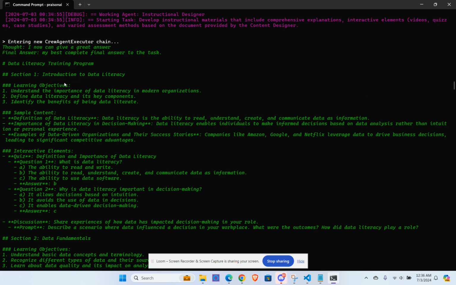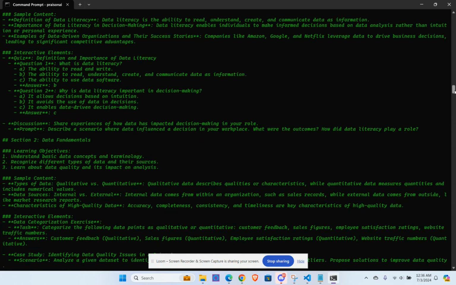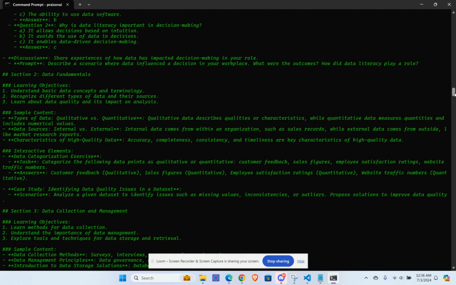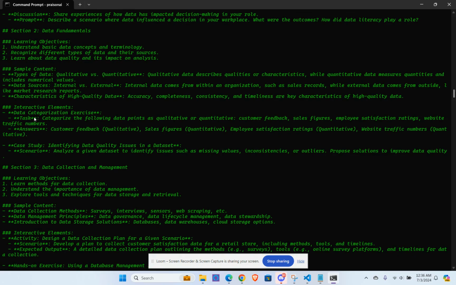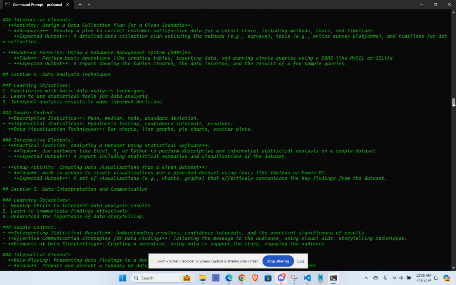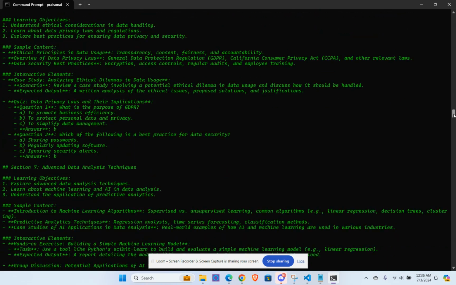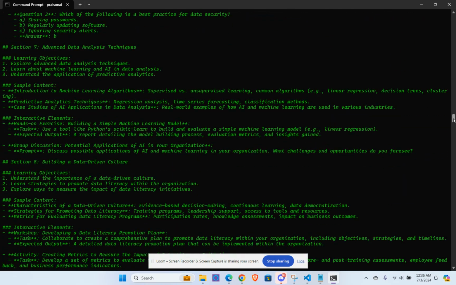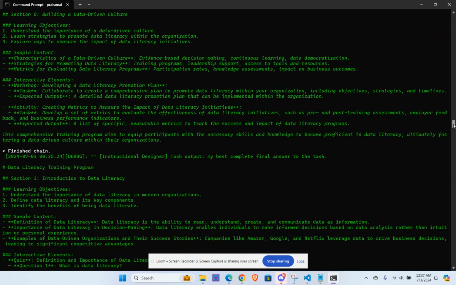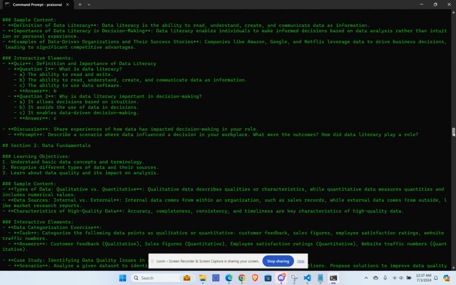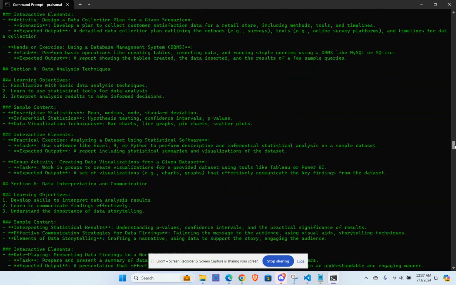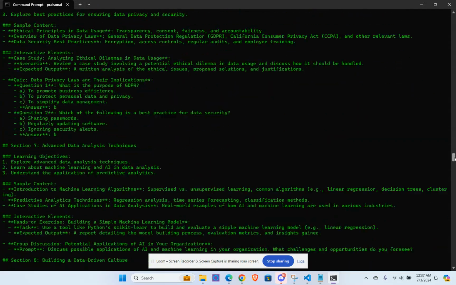Introduction to data literacy, following the learning objectives, taking a look at the sample content, and now actually building out more of the interactive elements. And you can see as it continues that this next agent is building on the previous agent's work until we go all the way down. You can see it getting more and more detailed as we go. And then we'll see the last agent here,